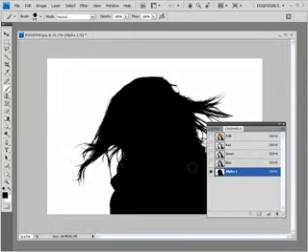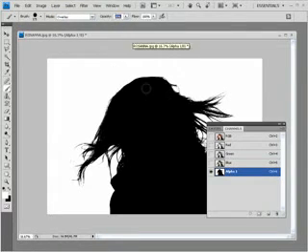So once you're happy with the outline of the model, you can then go across into your toolbox and switch your foreground and background colours around. So now your foreground colour is set to white. And move up into the options bar and change the mode from normal to overlay. I've also decreased the opacity from 100% when we were painting with the black brush down to 25%, so just use the slider there